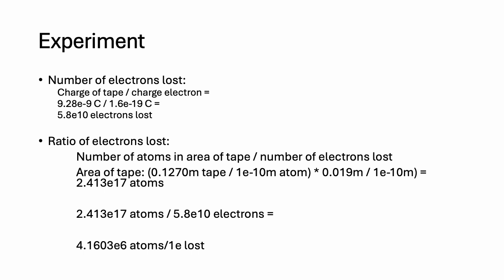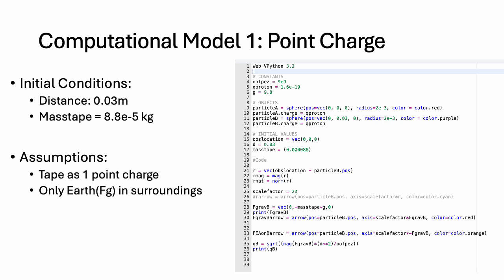To find the ratio of electrons lost, we took the number of atoms in the area of the tape, which we estimated by the length of an atom, multiplying it by the actual area in length and width, and divided by the number of electrons lost. We found that per 4.16 e to the 6 atoms, there was about 1 electron lost. So looking at the first computational model, we are assuming the initial conditions we set